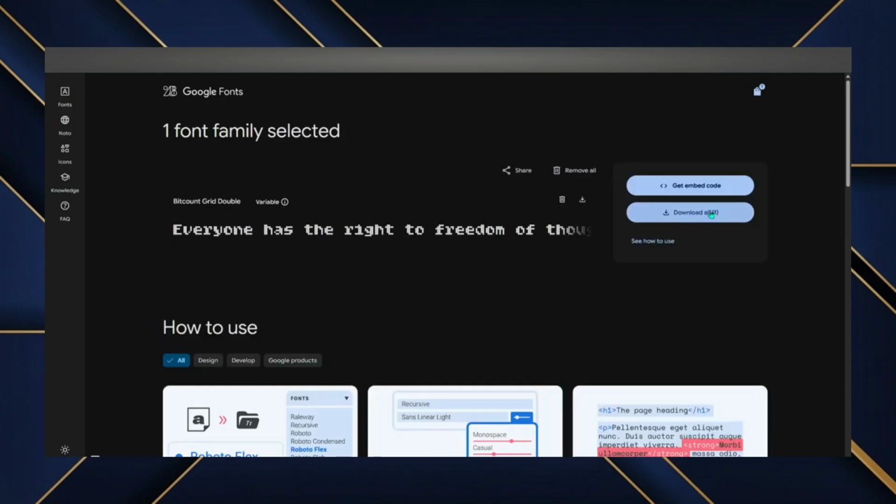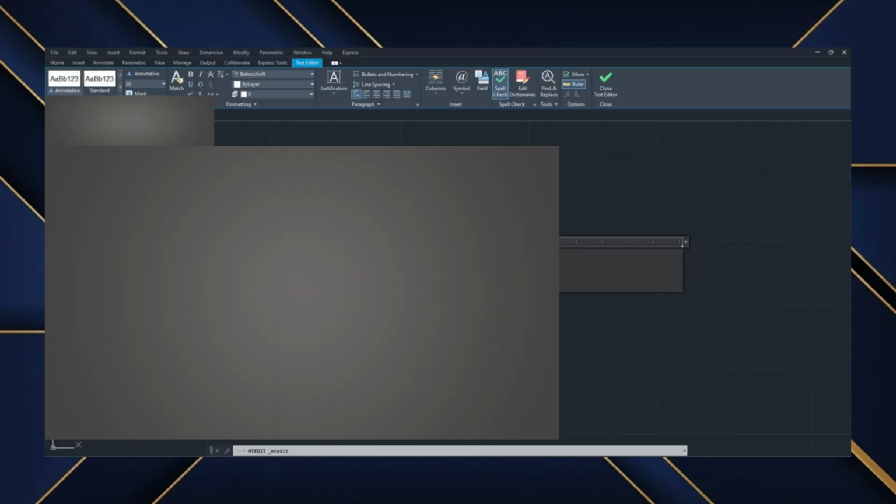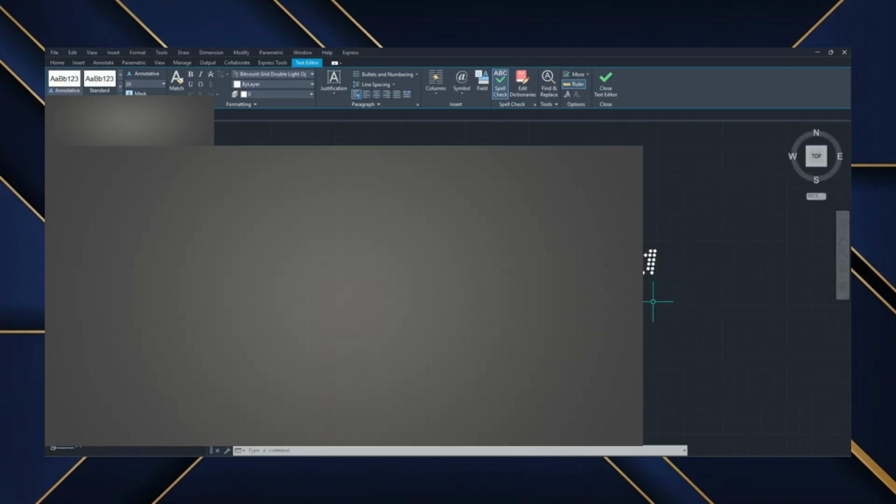Next, open the extracted folder, double-click the font file, and click the Install button to add it to your Windows fonts. Once the installation is complete, close AutoCAD if it's already running, then reopen the program so it can detect the newly installed font. After AutoCAD starts, create new text or select existing text, then open the font list in